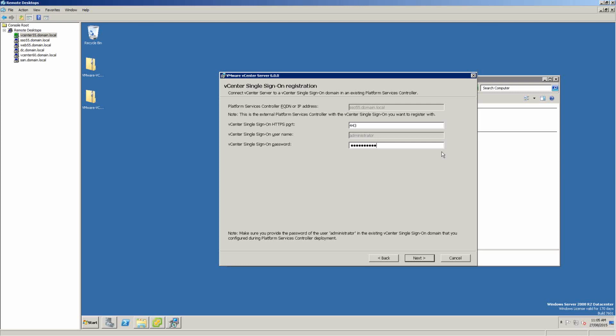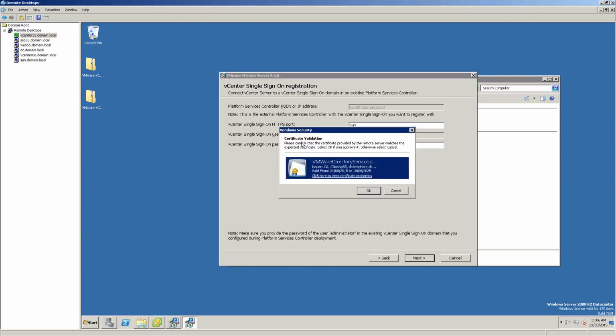That may help. Note down here, make sure that you provide the password of the user administrator. After you upgrade to 6, the old administrator password and credentials continue to work.